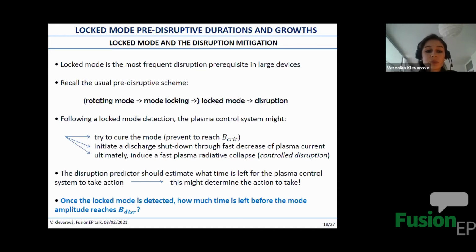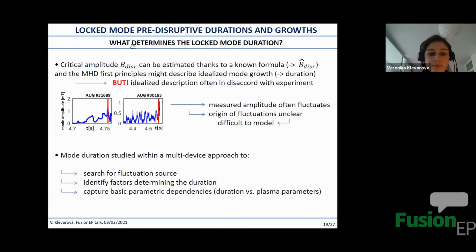So the disruption predictor should estimate what time is left for the plasma control system to take the action. And in fact, this time interval might determine the action to take. So the question that we might ask is, once we detect the locked mode, how much time is there left before the mode amplitude reaches the disruptive amplitude? So the question that is related is